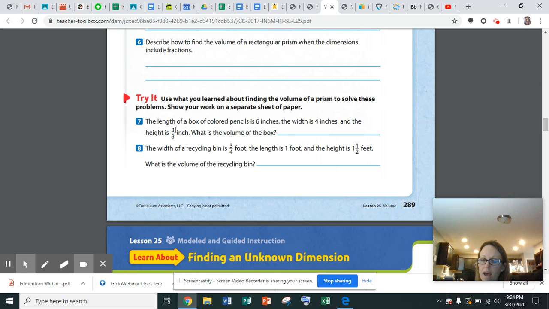But the 1.5 is a mixed number, so in order to multiply that, you have to change the mixed number into an improper fraction. So you take the denominator, you multiply it by the whole number, and add the numerator. Okay? So 2 times 1 is 2, plus 1 more is 3 over 2, times 3/4, and times 1,